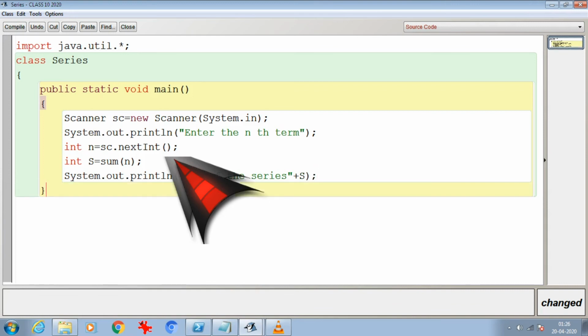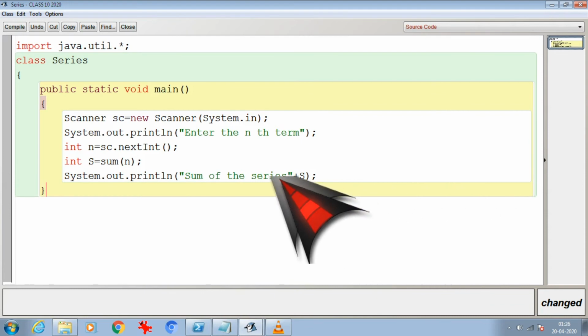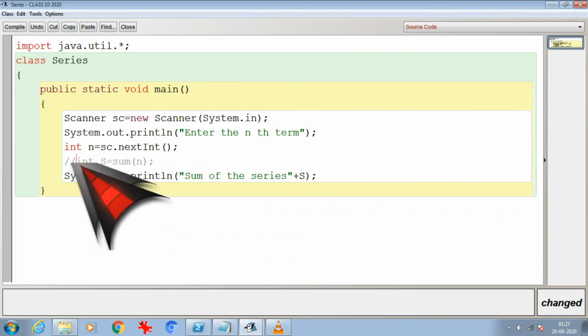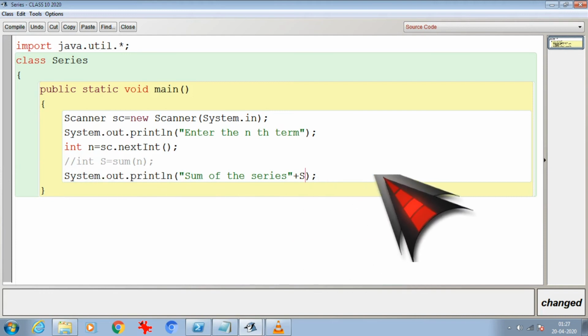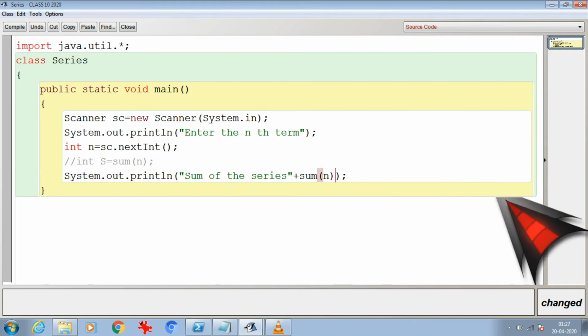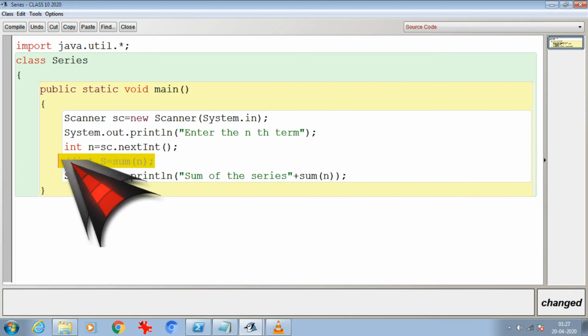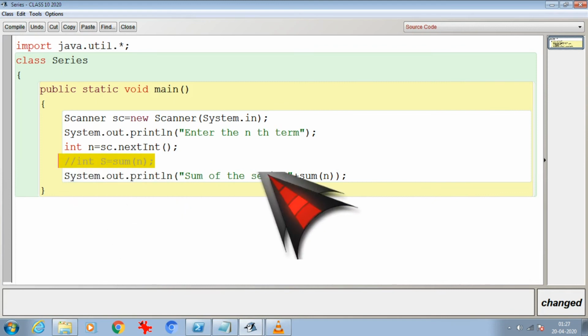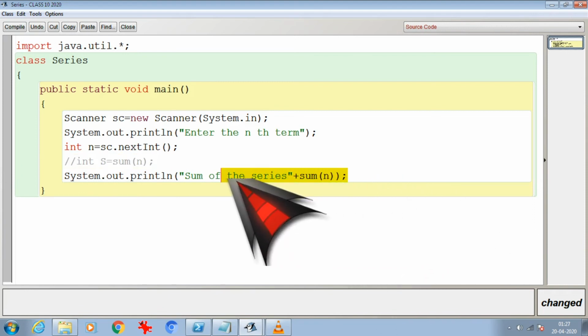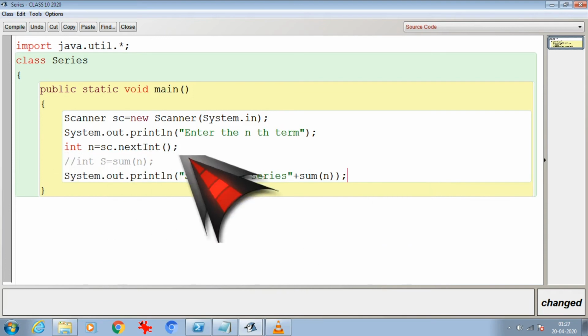This is one procedure. If I want, the other procedure is that I'm just going to omit it. I'm not going to write it. I'm just going to call the method directly over here. So this is another procedure. So either you can use this procedure to write it, or you can use the next procedure which I have mentioned over here. It's up to you. The choice is yours. That is the reason I have put it in comment. A comment will not validate this line anymore. Okay, we can comment like this.